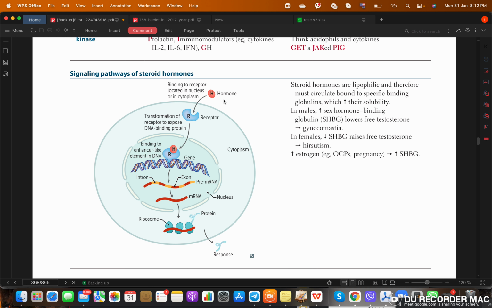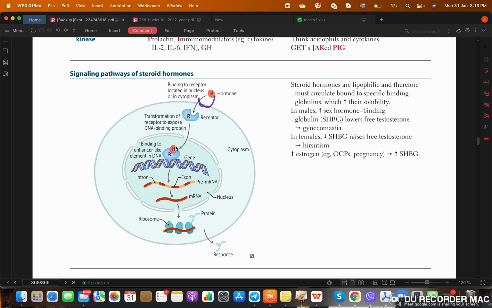After the binding happens, either the receptor was located here or even here, the receptor is going to have this dislocation basically. So they write the transformation of receptor to expose the DNA binding protein, which is going to eventually bind to